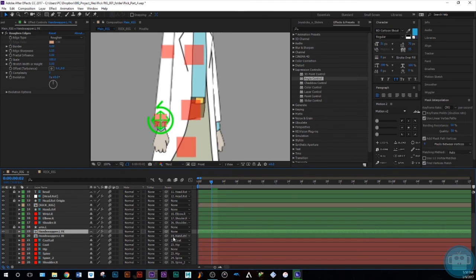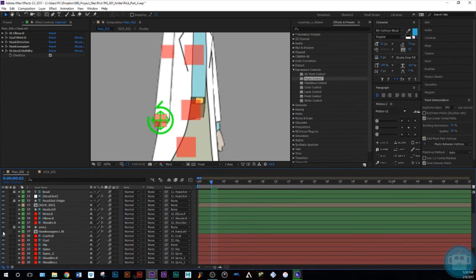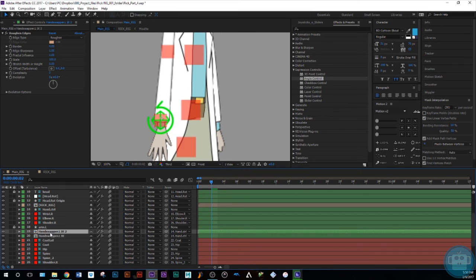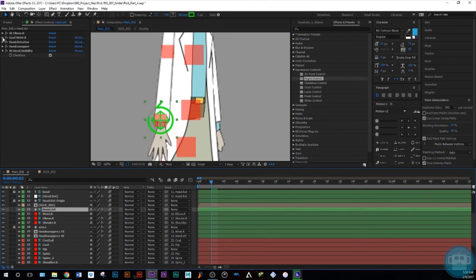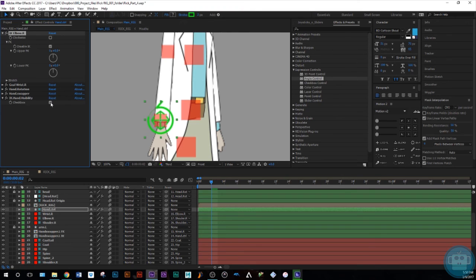So for the FK, let's delete this one, and let's duplicate the IK hand, right? And let's name it FK. And we are going to parent it to the wrist. Alright, so that when that FK control, let's go down here. When we disable the IK and we take the IK hand visibility off,